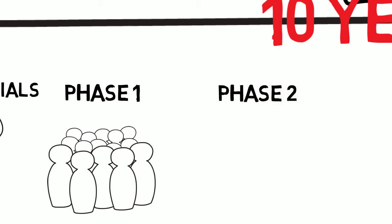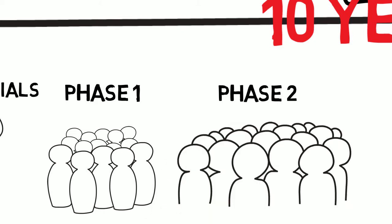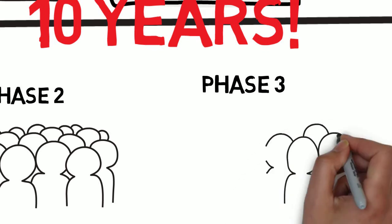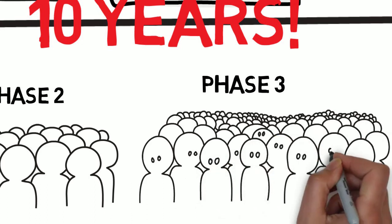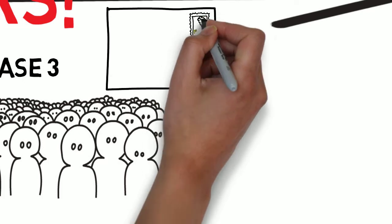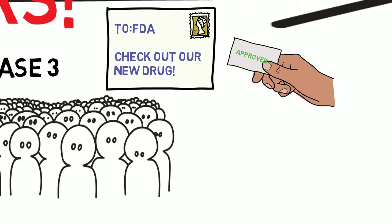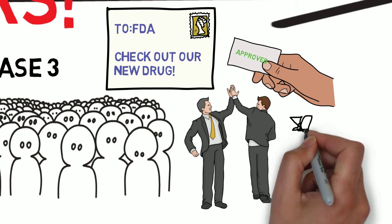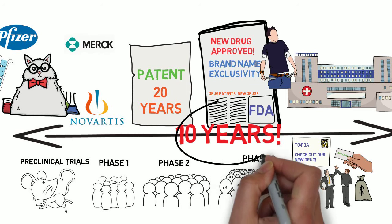This determines the effectiveness of a drug and usually requires hundreds of patients with a certain disease or condition. Moving on to phase 3, it's used to gather more information on the drug and on the safety and effectiveness in different populations. This phase requires thousands of patients and takes the longest. With the information gathered, it is sent to the governing bodies, either the FDA or Health Canada, for approval. If approved, the brand name drug company can sell and market this drug with exclusivity until the patent runs out. Generally, they have 20 years before their patent runs out, but most drugs take a decade or more before they